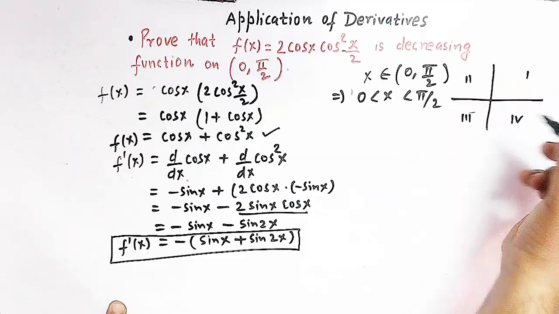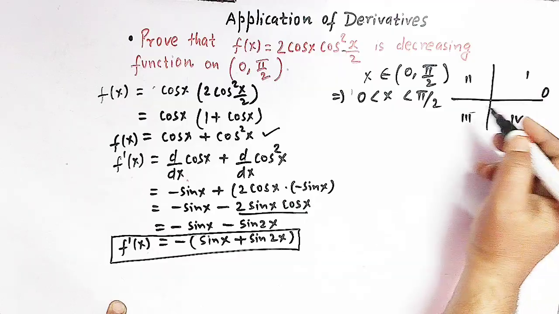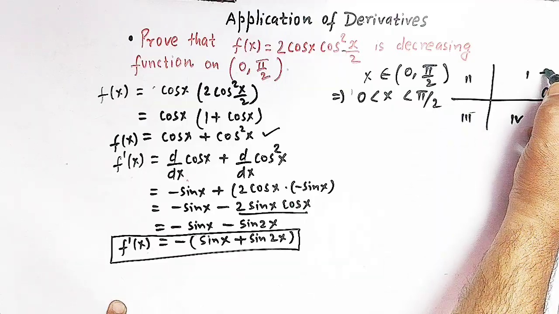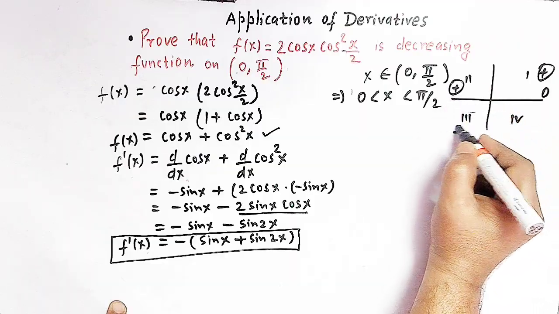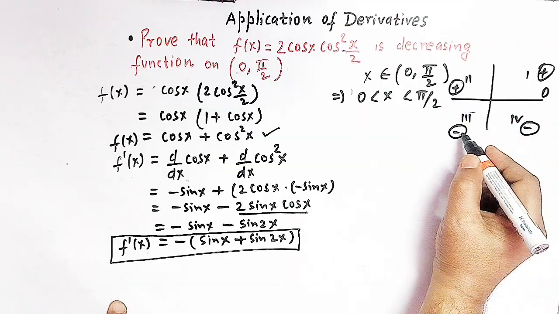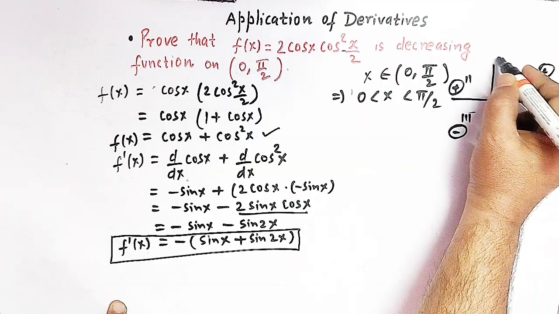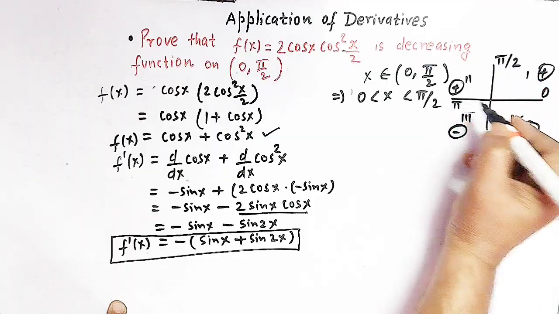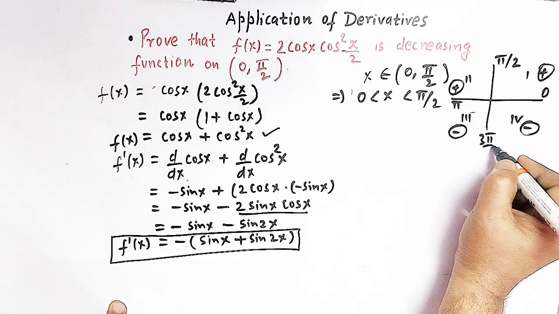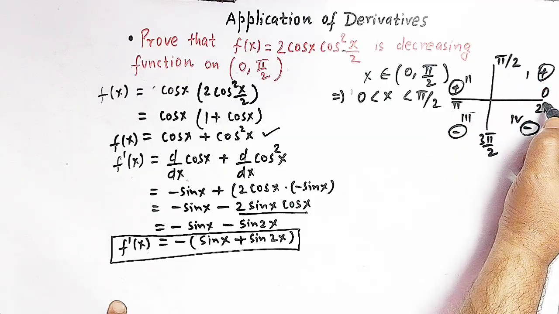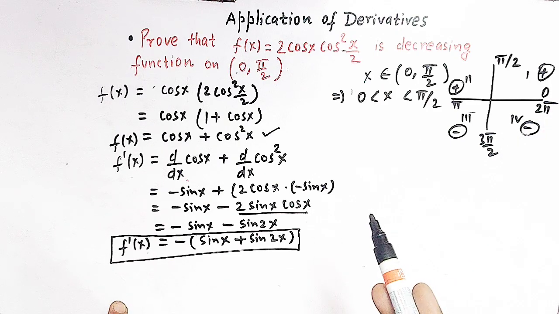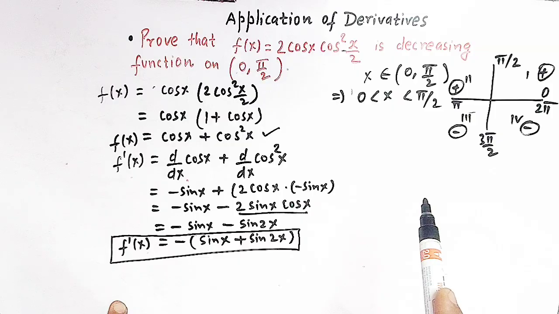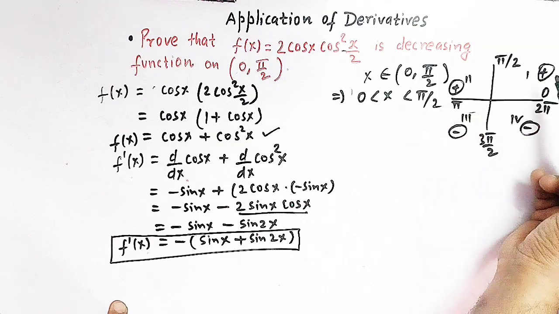And from trigonometry we know that the sine function is positive in the first and second quadrant, and it is negative in the third and fourth quadrant. So here we have pi by 2, here we have pi, this is 3 pi by 2, and here we have 2 pi. So according to the sign convention of trigonometric functions in the four quadrants, the sine function is